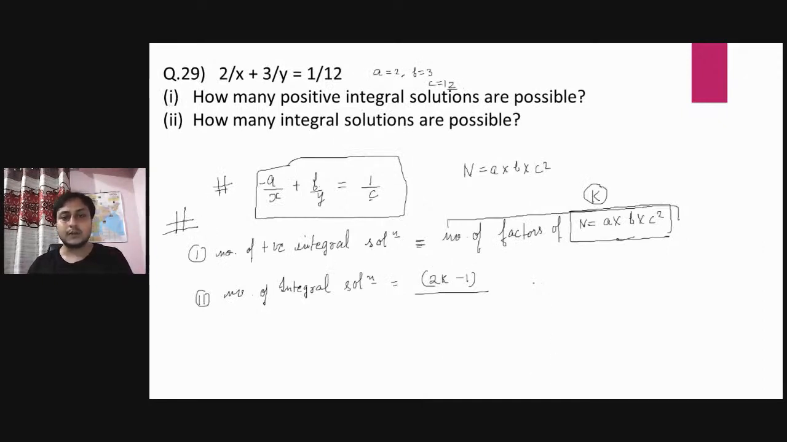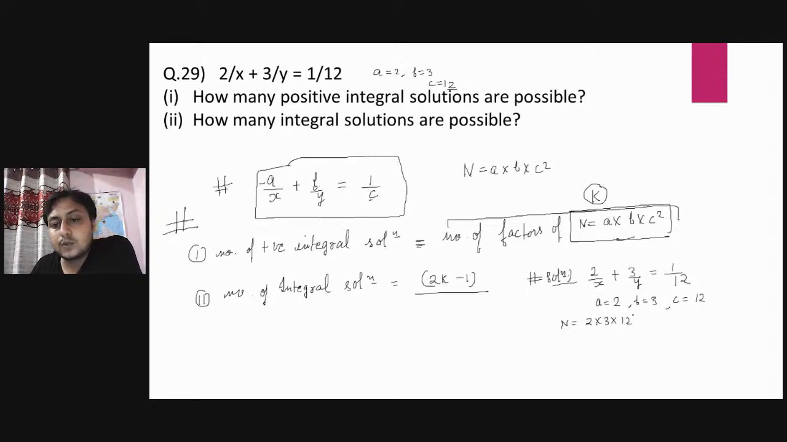So question number 29 is what? 2 by x plus 3 by y equals to 1 by 12, right? So guys, here a is 2, b is 3, and c is 12. So number is what? a into b into c square is 12 square. So there is no need to find the number, just write down the number